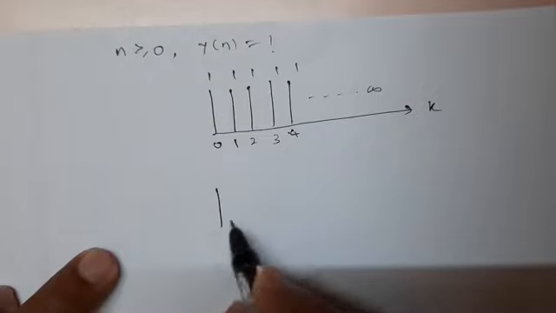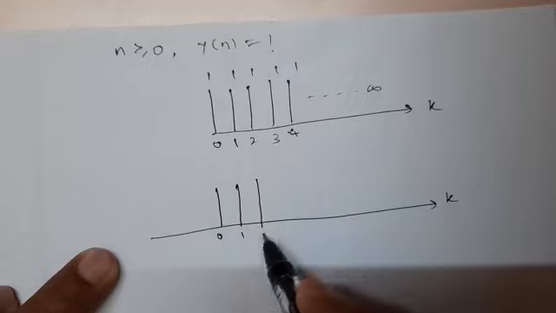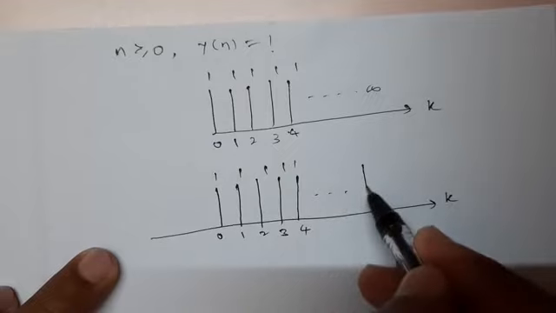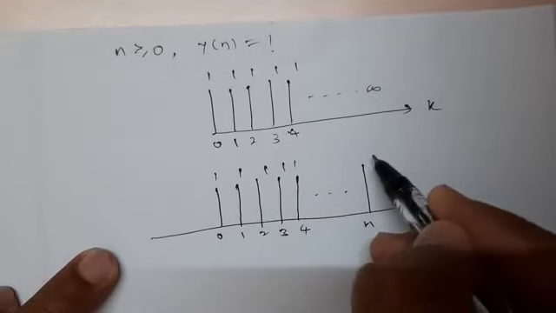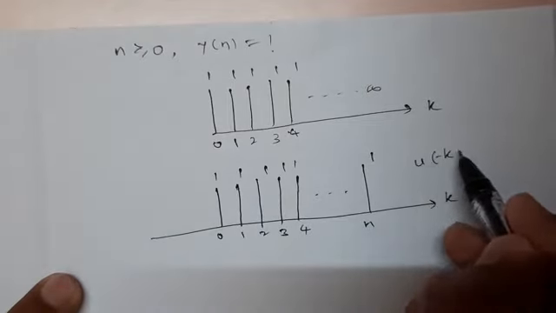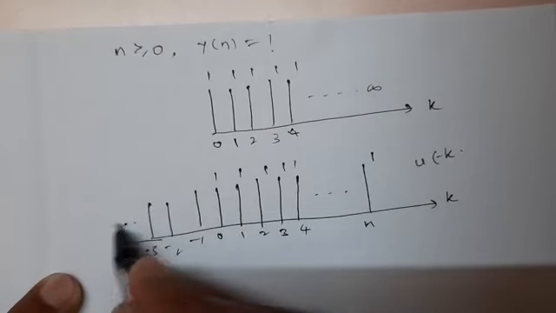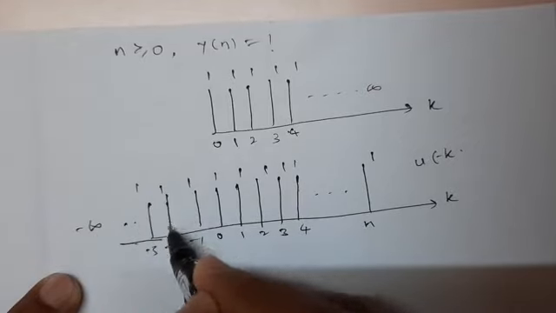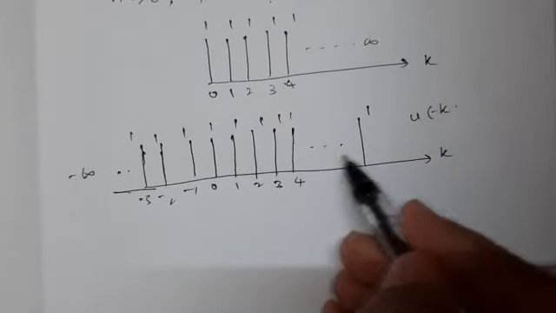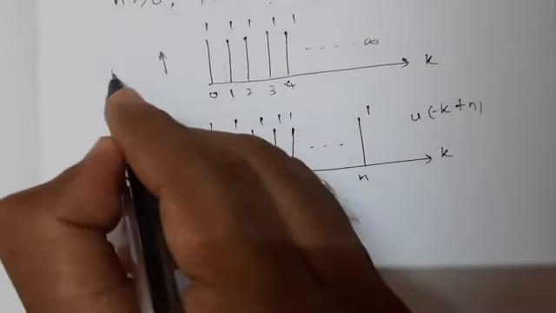Somewhere you have the values n equal to 0, k equal to 0, k equal to 1, k equal to 3, 4 with an amplitude 1, and this n is greater than 0. Somewhere I will assume that this is here with an amplitude 1. Since it is u of minus k, I have samples at minus 1, minus 2, minus 3, and so on till minus infinity. So I have drawn both u of minus k plus n, and this is u of k.